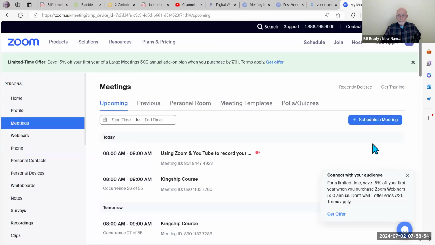But over to the right-hand side near the top, there's a blue rectangle with rounded corners that has a plus at the left, then it says schedule a meeting. This is what you use to schedule a meeting, even if it's just a meeting for you alone, to do a recording of a video like I'm doing right now. So I'm going to, as an example here, click schedule a meeting,